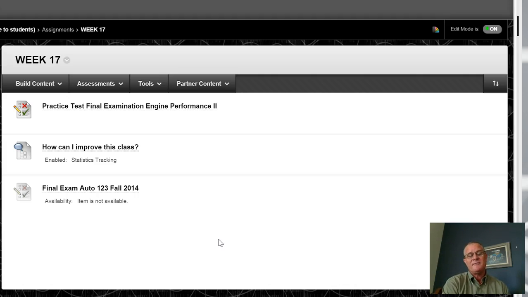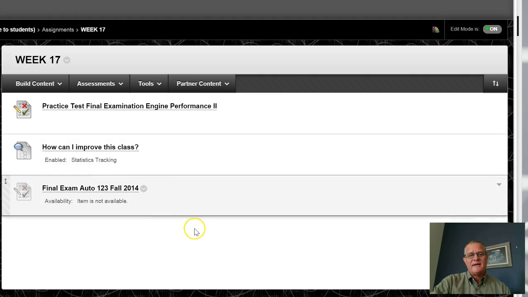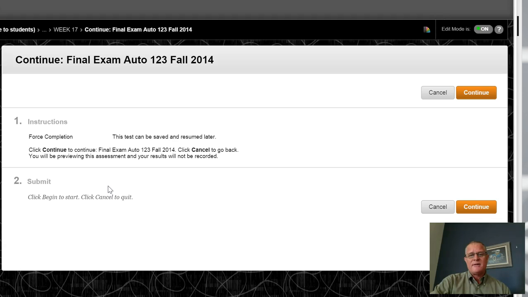So they have a way of measuring themselves against that national standard. And then, of course, I'm showing how I can improve this class. This is going to open up, and I'm working on this now because this is more of an open-ended question. I'm actually including multiple choice questions and surveying how I'm doing in the class, but I'm starting to do that now. And then the final exam opens, and in the final exam,